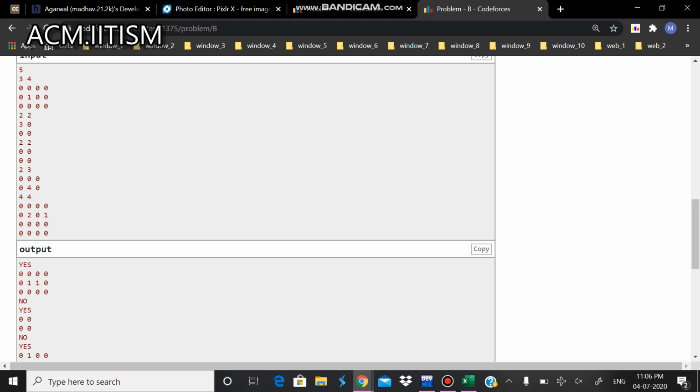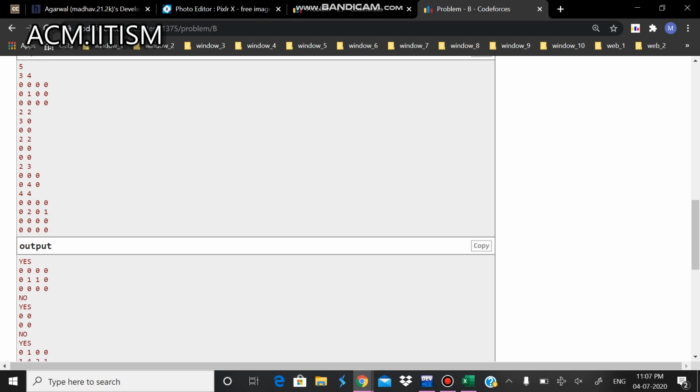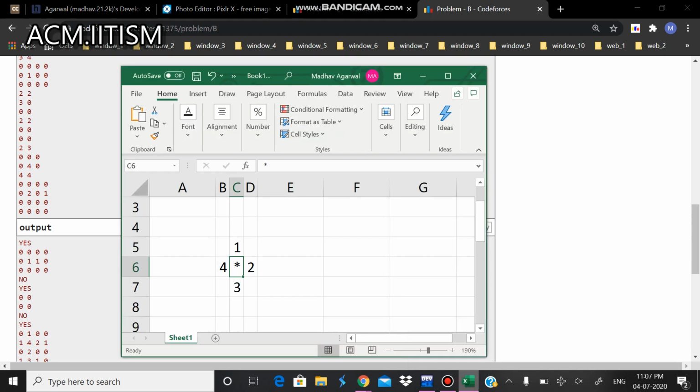Now for these kinds of cells, like the ones present on the boundary but not on the corners, excluding the corners, for these two, these two, and these two, we have three neighbors each. For all of them we are having three neighbors. And for the rest of the middle elements, something like this and this, we have four neighbors. You can see here, if an element is present in between, it is having four neighbors.